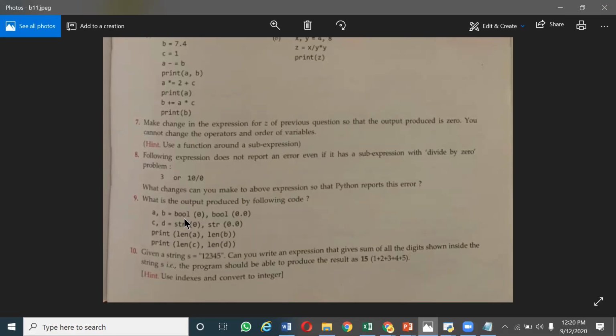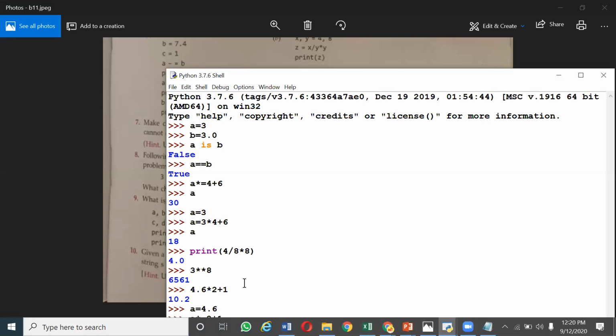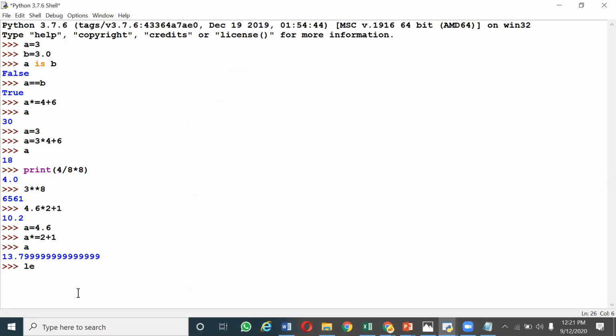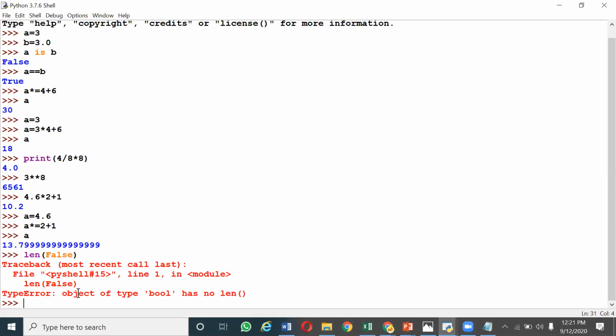Okay, this is a boolean value, right? Bool of 0 is false. What is the length of false? That is what you have to evaluate. False does not have any sequence.